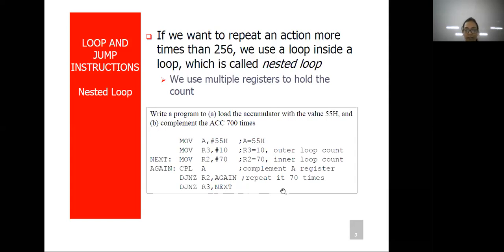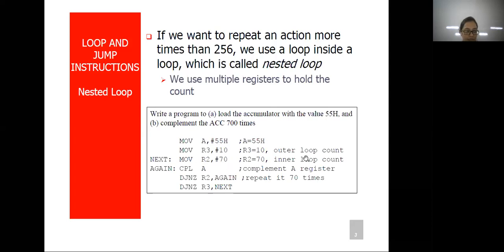So total 70 into 10, 700 times, we are able to run this specific loop. So every time R3 is decremented, the R2 register will be decremented from 70 to 0. Again, when R3 is decremented from 10 to 9, 9 to 8, same way,